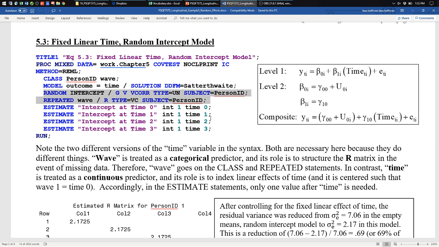And so I'm literally just filling in the equation here for the fixed effects. To get to what the intercept is at time 0, I need 1 fixed intercept, and I need a 0 where time goes in the equation to multiply the fixed slope. The other lines then substitute the value for the time predictor for which I want a predicted outcome. The estimate statements do not have anything filled in for the random effects. So it's not a person-specific prediction, it's average for the sample.